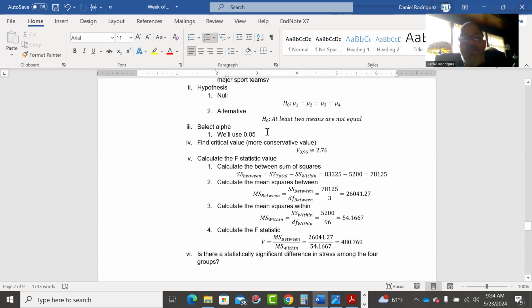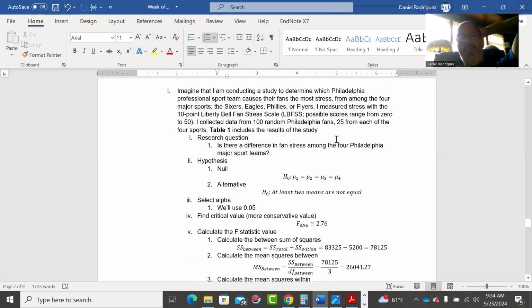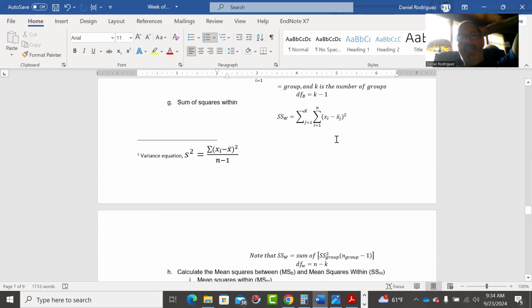We select an alpha of 0.05. So we need to find our degrees of freedom here. Our test critical value, right? So we have 100 individuals. The number of groups is 4. So if we look at our degrees of freedom total,